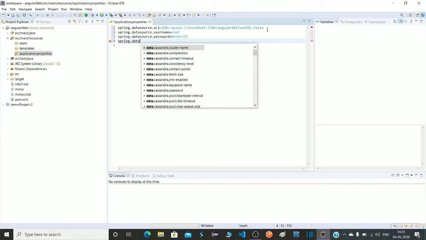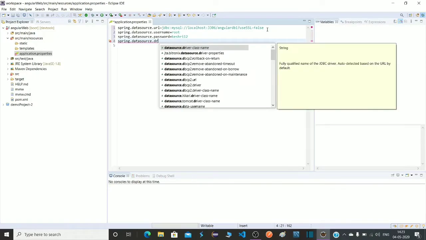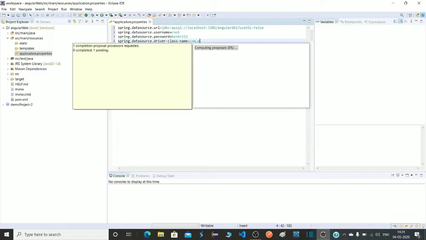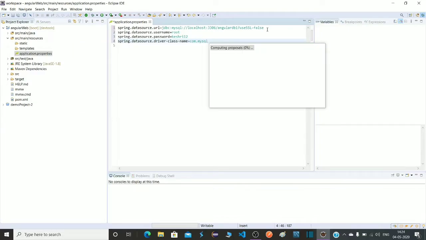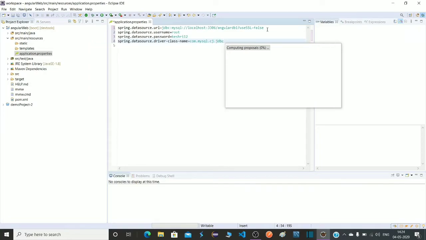Spring datasource, here I have to provide the driver class name, com.mysql.cj.jdbc. Let's click on this and it is computing. No suggestions. Okay, here we have to write Driver. This is the class.